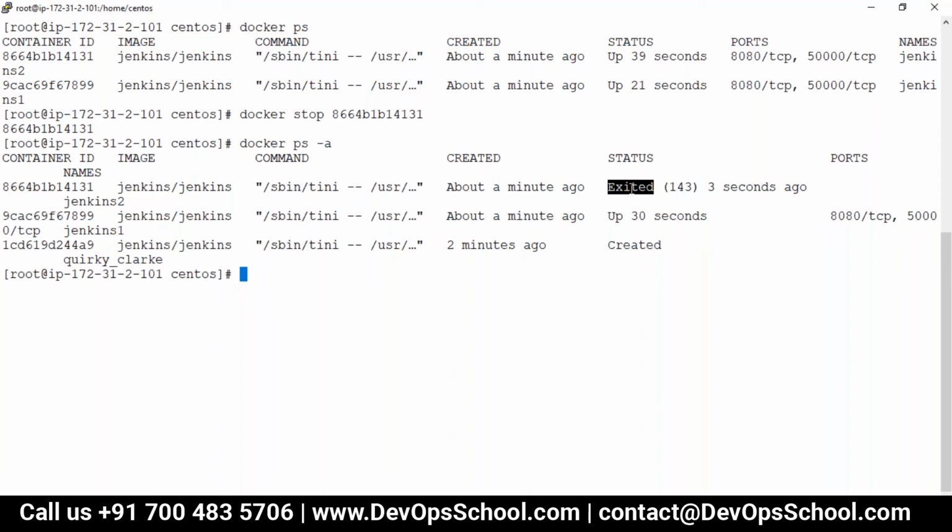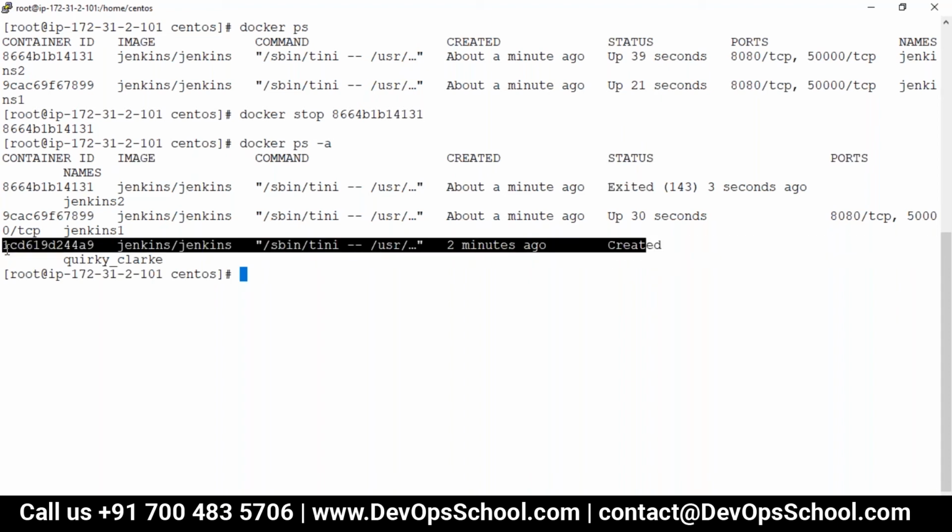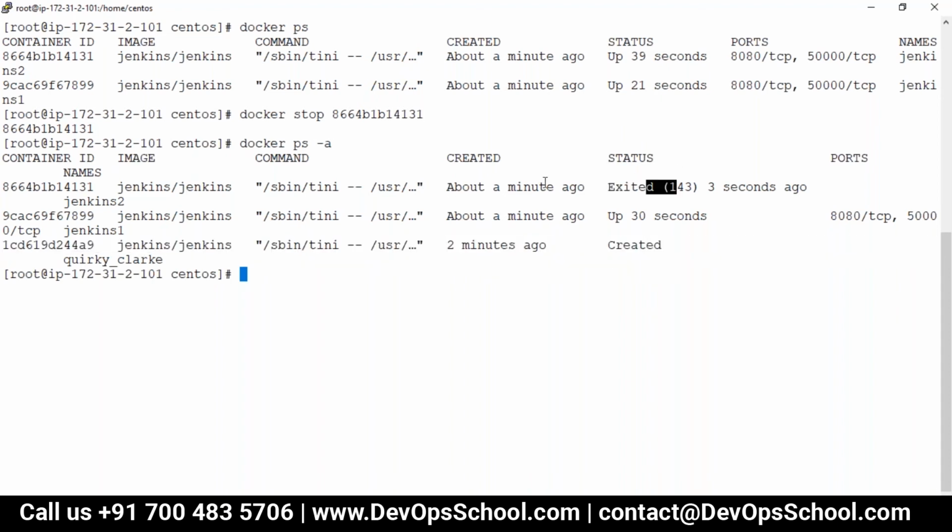So exited means the container is in exit state and the container has run at least once. Okay, here this container has not run any time, but this container has run at least once. That's the reason it's exited. So mind it, when you get exited state, that means the container has run at least one time.